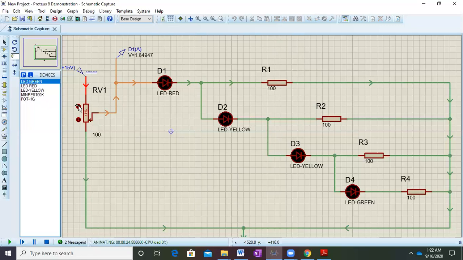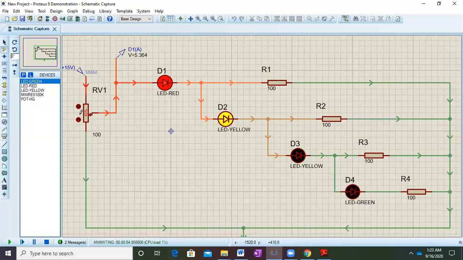Now let me increase it slowly such that my first LED glows. Okay, you can see slightly it's glowing. Red LED is glowing. So around 3.3 or 3.2, my red LED is glowing sufficiently. Now let's slightly increase the voltage. My next LED should glow. Okay, so I am slightly increasing it. Yeah, it should be bright. Yeah, right now it is bright. So you see that it will be super bright around 5 point somewhere around 3.